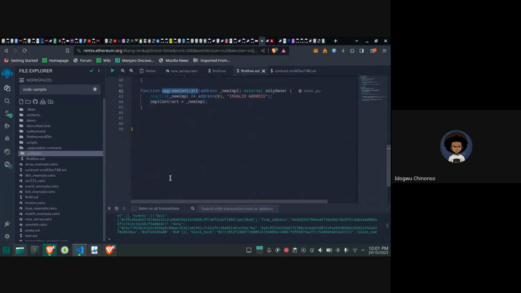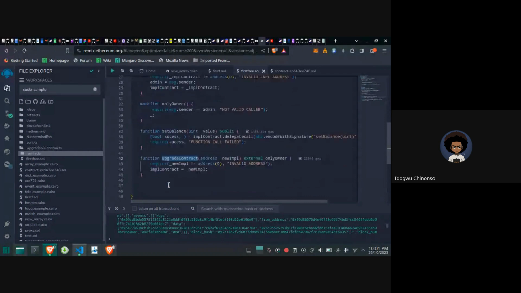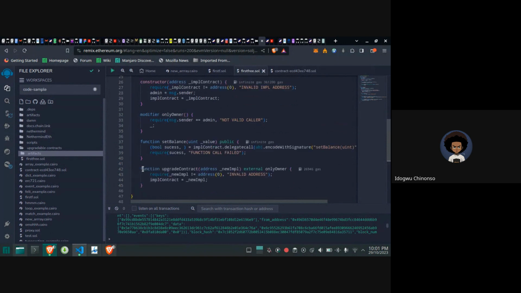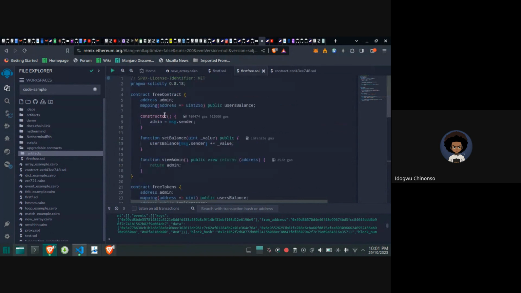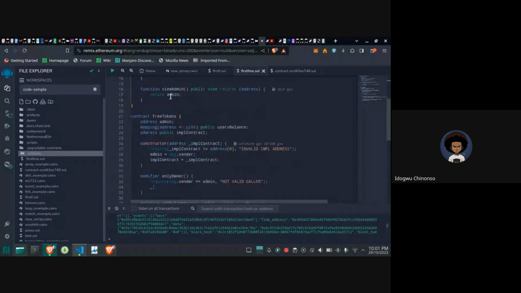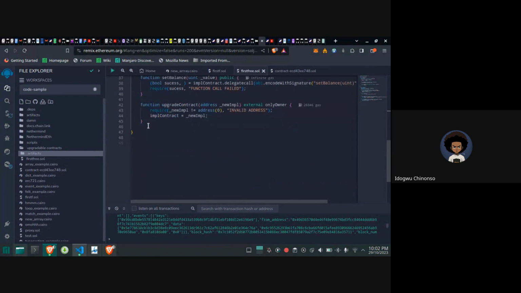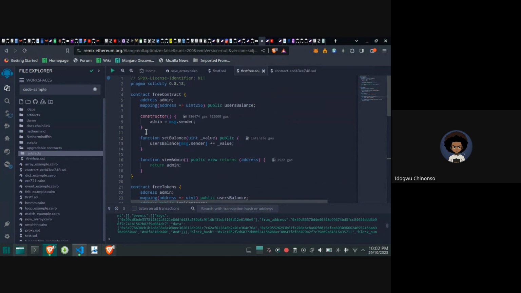Okay, what do we do next? Let's write the third contract. You're going to have three contracts. One is a free contract. The second is our proxy contract, which users interact with. Then the third is going to be the new contract you're going to upgrade to, that is going to be collecting 10%